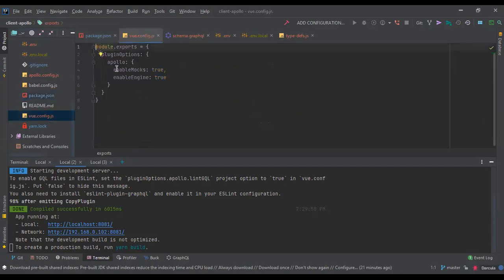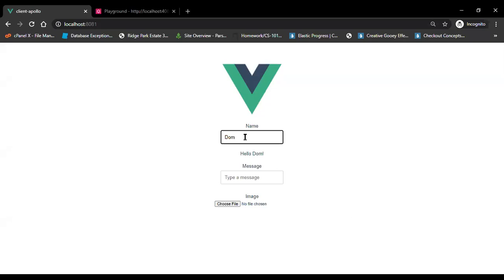Then it created a config file where it just defined some of the rules for the Apollo plugin. So it enabled mocks and enabled the Apollo engine where we are syncing the data. Now, to fully understand how we can actually do this, to be able to have this query made and the message returned,